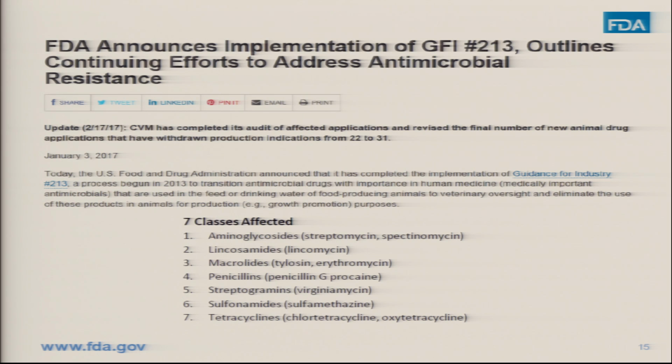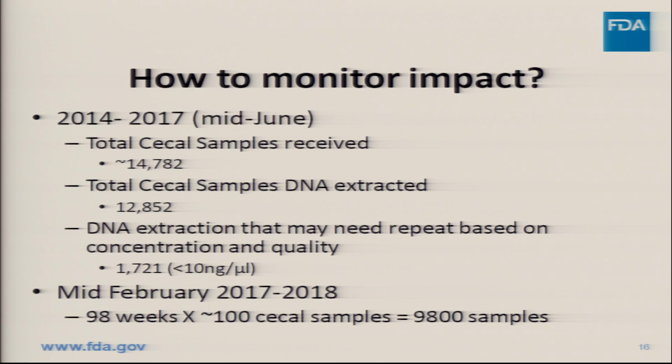And the classes affected by this policy are also classes tracked in the NARMS program. And we, of course, do have now this new sampling by USDA. It's giving us representative randomized data from food animal production. It's suitable to the scale of U.S. animal ag. So we have from there the major bacteria tracked in the program, but we're also trying to take